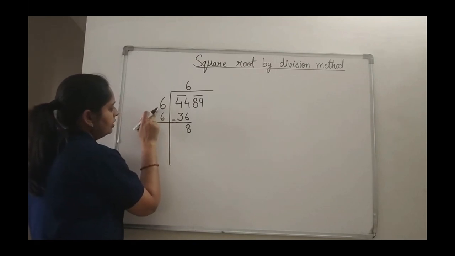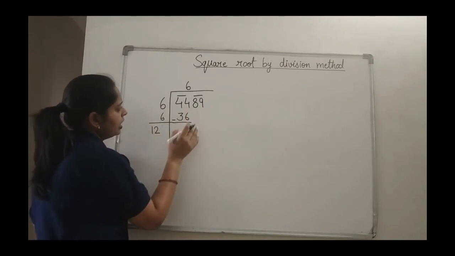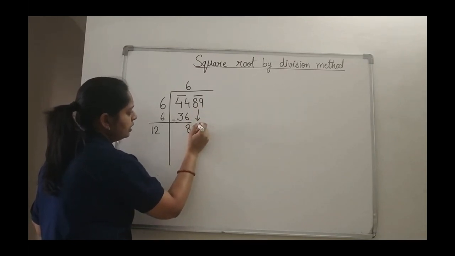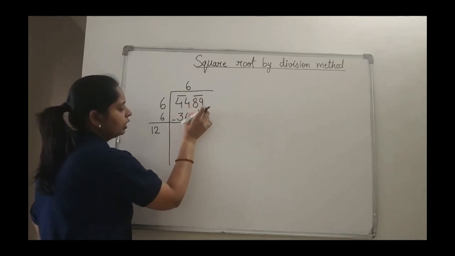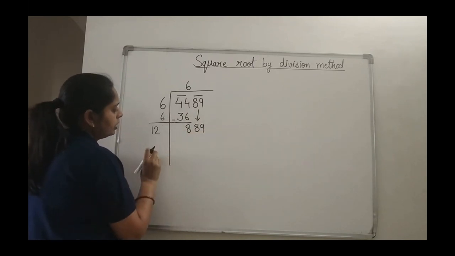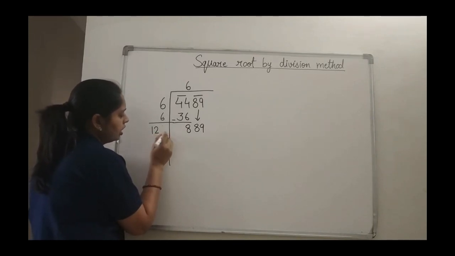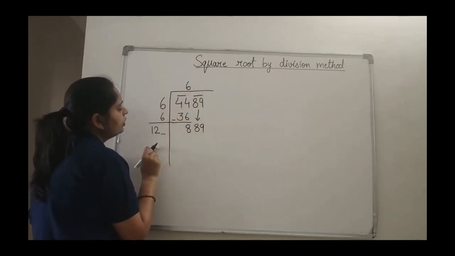And here whatever digit entry you have done, the same entry you have to add. If you have put 6 over here, then 6 plus 6 will go for 12. Okay. And then after this, the next pair. What next pair am I having? I am having 89, so 89 will come down. Always the digits will come down in pairs because we have made the pairing, and always the digits come in pairs when we are doing the division method.